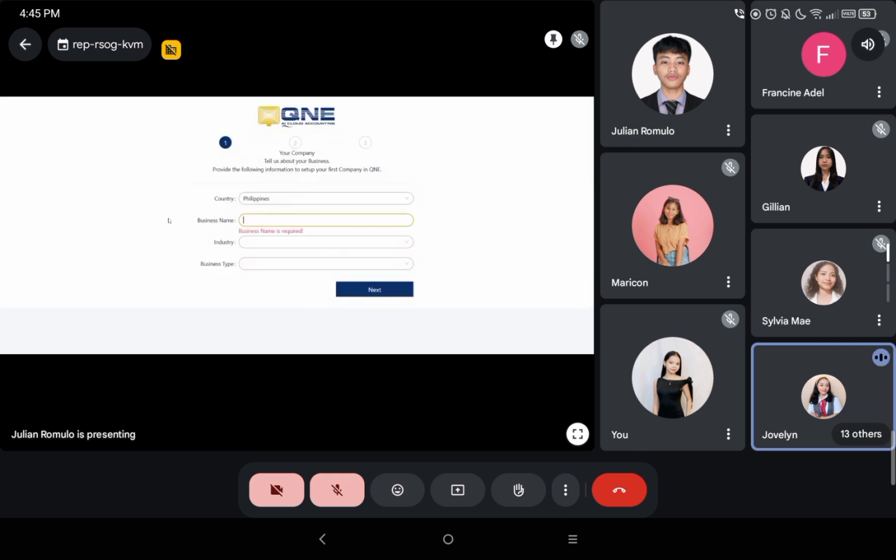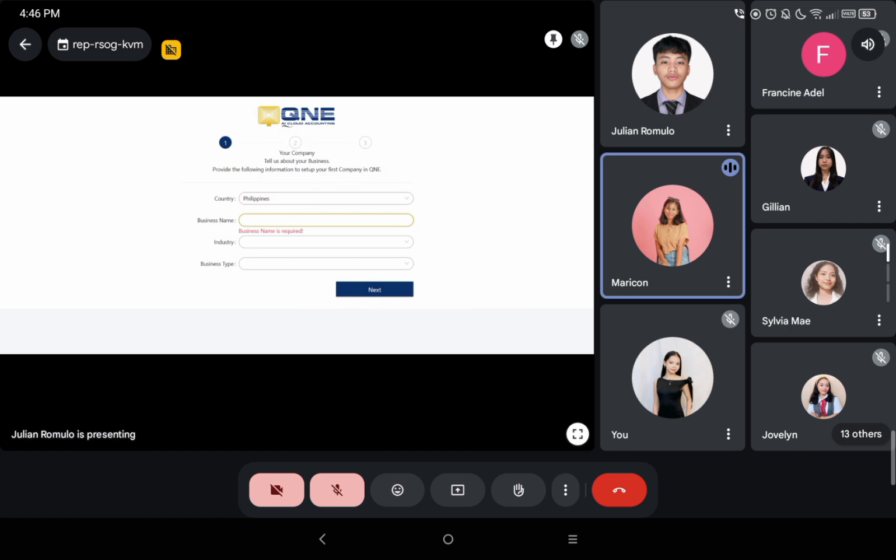The next step will be discussed by Maricon Soriano. Next, I will explain the process of signing up and adding a company in QNE. Once Get Started is clicked, the system will redirect the users to the sign up form which you can see in the screen.